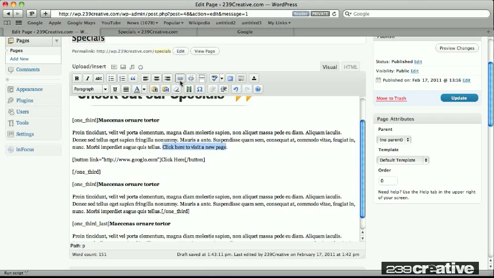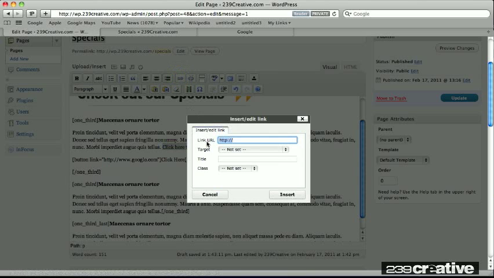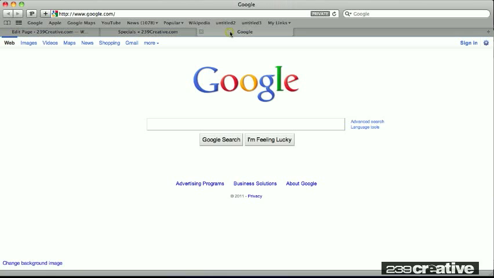This little button right up here looks like a little chain. Well, it looks like a little chain link, and that is actually where I'm going to assign a link to this text here. So I'm going to click on that, and it will ask me what is the link URL? What's the address that I want to go to? Well, I can come back over here. If there's a specific page that I want to use on the web, I can just come up here, highlight